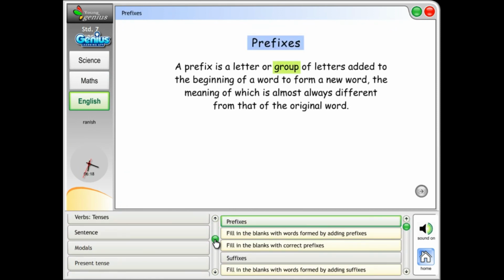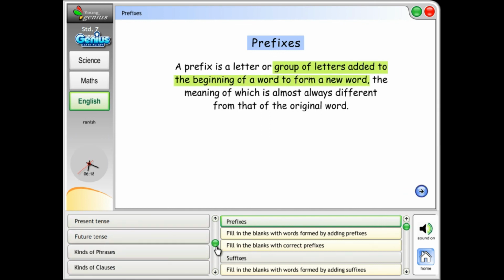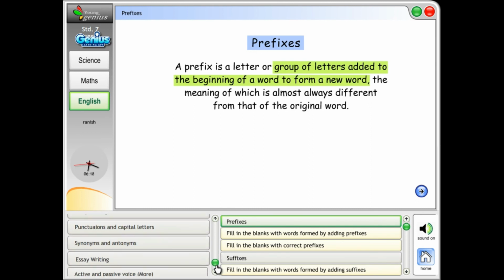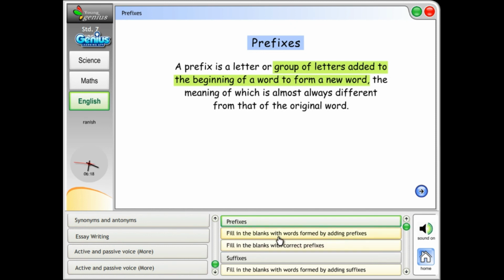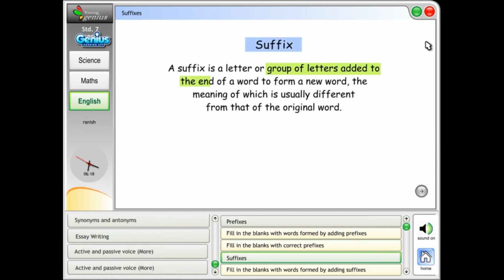Prefixes. A prefix is a letter or group of letters added to the beginning of a word to form a new word, the meaning of which is almost always different from that of the original word. Suffix. A suffix is a letter or group of letters added to the end of a word to form a new word, the meaning of which is